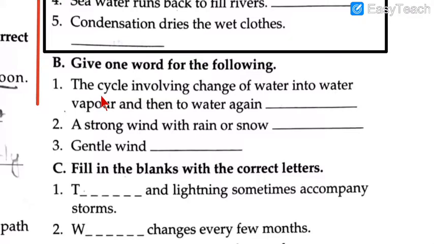Number 1. The cycle involving change of water into water vapor and then to water again. Which is that cycle? Think about the answer. I am starting the countdown. Guess the correct answer till then. Your time starts now. 5,